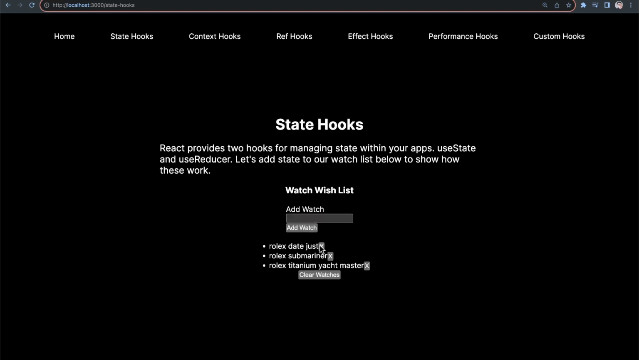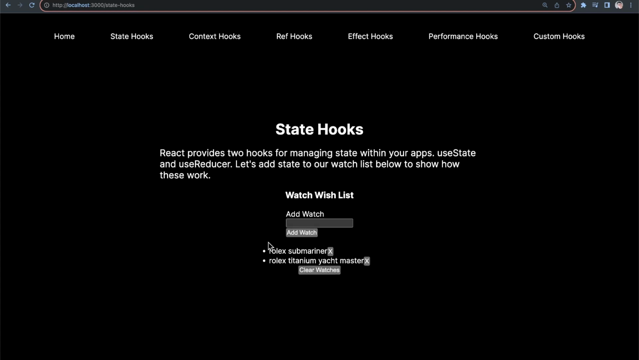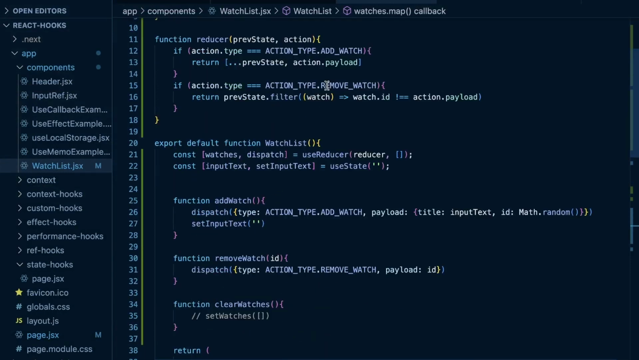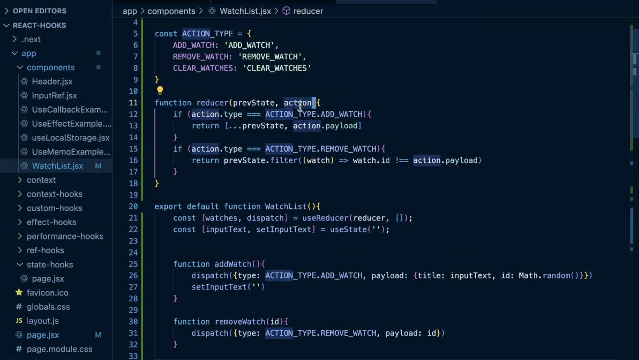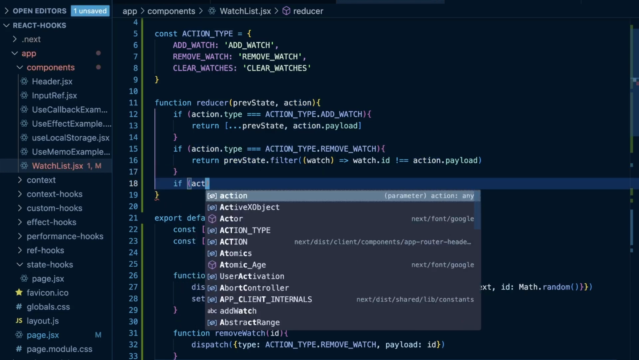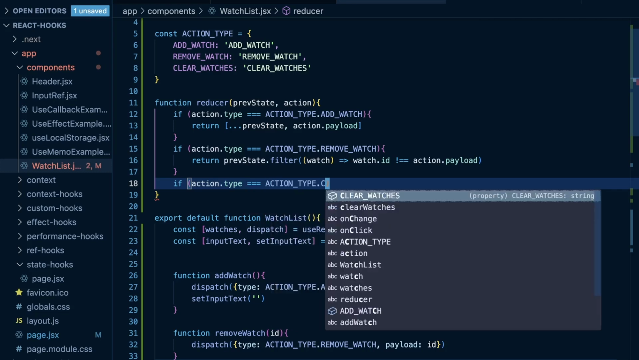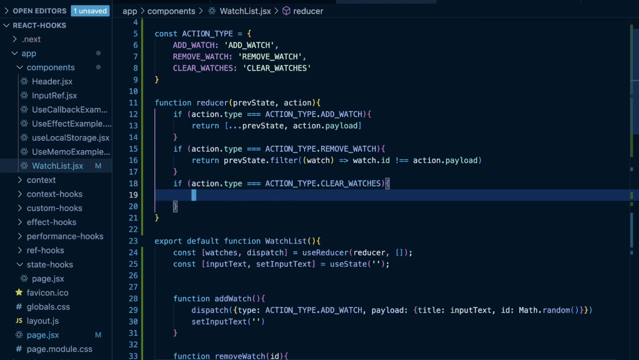But now we have these 4 different watches. If I click the X, it does indeed remove the watch we want, because it dispatches the action that has the type of remove watch, and it filters our watches without the watch containing the ID that matches the action.payload. Now, the last thing we need to do here is we now need to clear our watches. So we can do if action.type is equal to action type dot clear watches. Then at this point, we can just return an empty array here